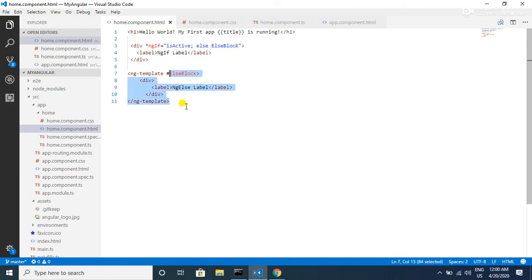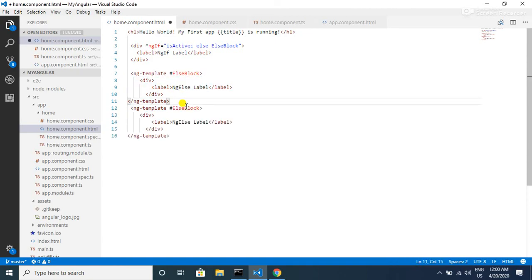So I will create another ng-template and name this the then block. It is actually not called the if block, it is called the then block. We can have any name in this template reference variable, and then we will call this template reference variable inside our ngIf directive using the syntax then, our then block, and then a semicolon.